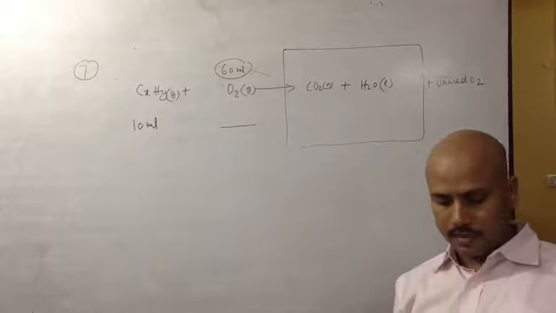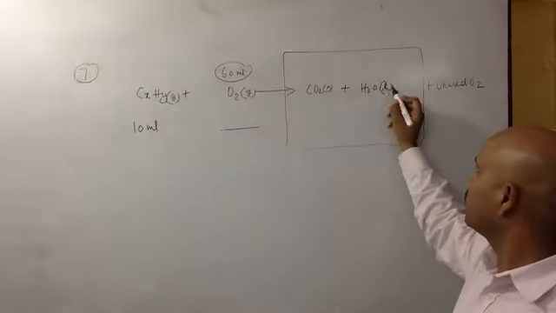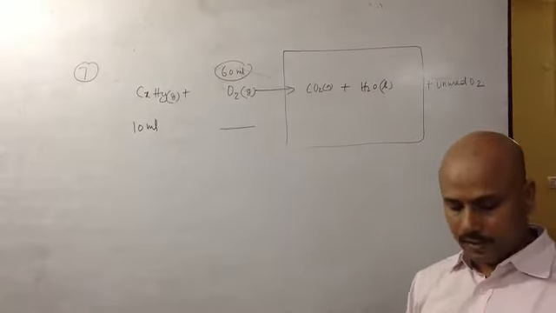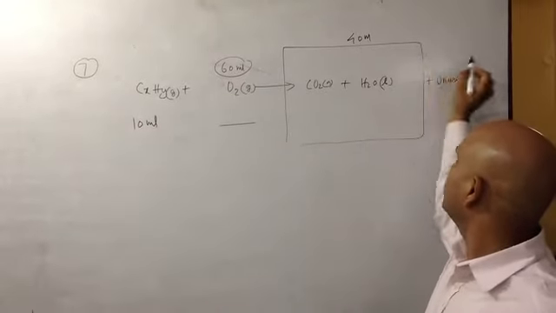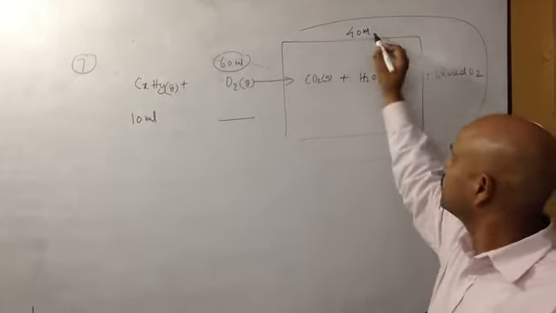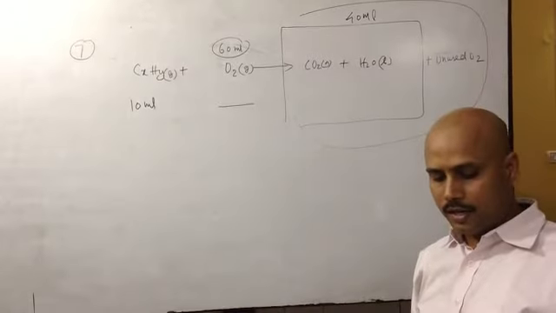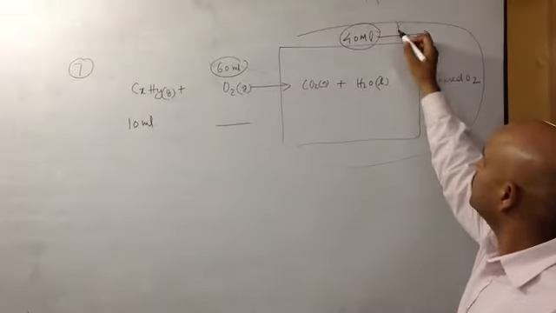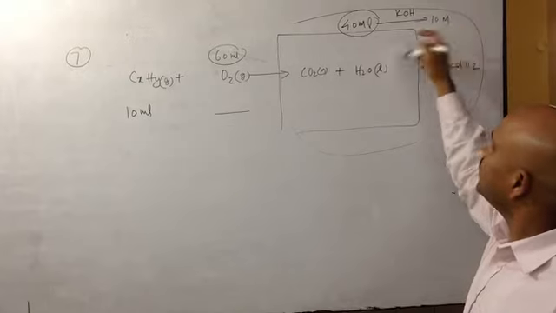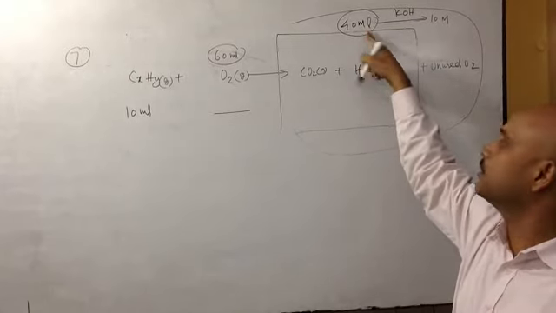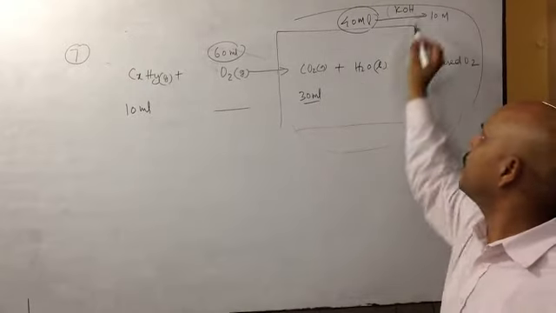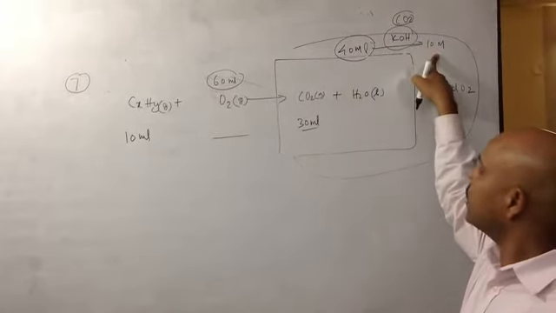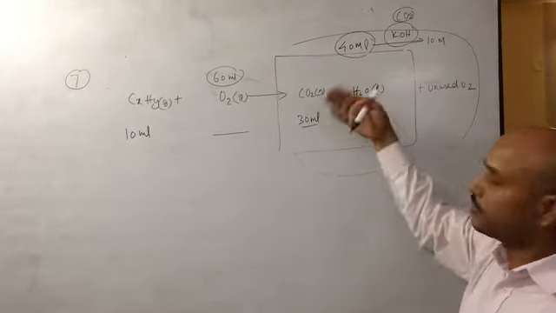It says that after cooling, that's why we should put here H2O liquid, because after cooling water gas will convert into liquid. This volume is 40 milliliter. The entire volume of product is 40 milliliter. When passed through KOH, final volume is 10. It means the volume which has been absorbed is 30 milliliter. CO2 gas is absorbed by KOH. Therefore, from 40 to 10, it means 30 milliliter of CO2 has been absorbed.